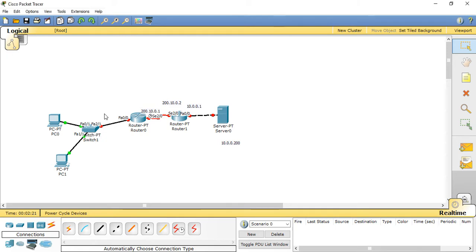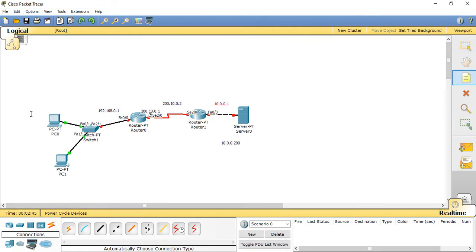Similarly, on this interface your address will be, let's say, 192.168.2.0.1, right? Okay, similarly give addresses to these systems as well, whatever address you want to choose for them. Let's say I'm giving it 192.168.0.100, and for this it's